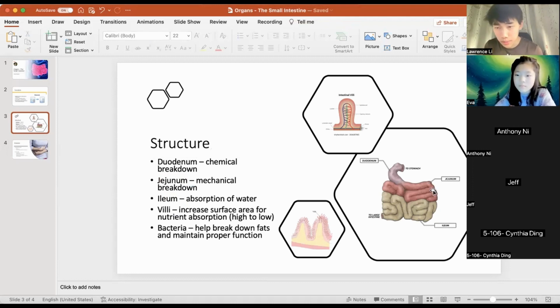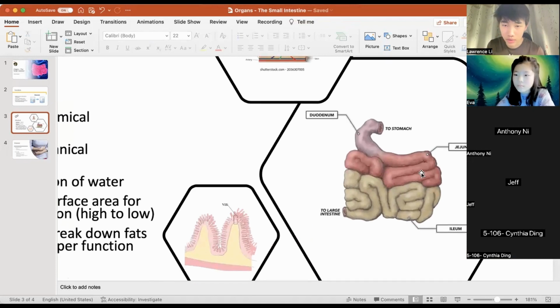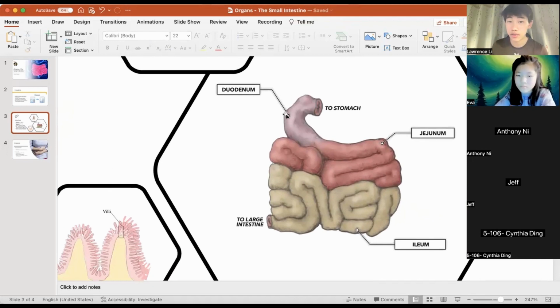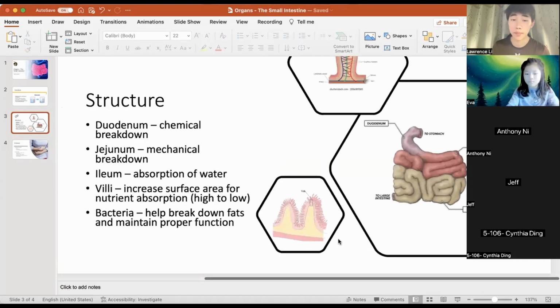And this is a pretty good visual representation that I found of your duodenum, jejunum, and ileum. This purple part up here, that's your duodenum, your first part. You can see it says "to stomach," which means this opening, your pyloric sphincter, which is what it's called, is actually the connection to your stomach. And then after your duodenum, you have your jejunum, which is the middle part. And finally, you have your ileum, which leads to your large intestine, which then wraps around like this and goes off to excrete your poop. Okay. Anyways,